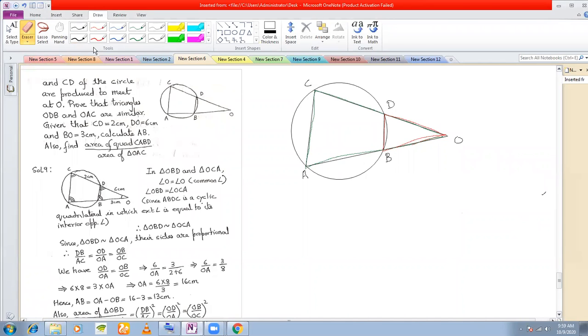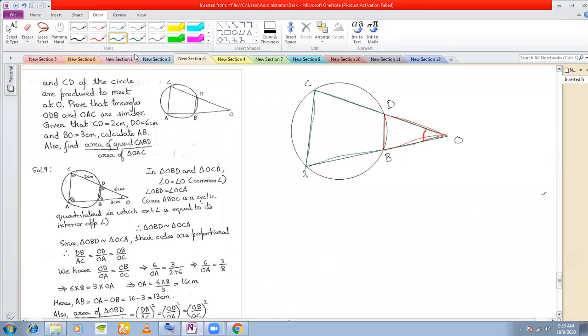Now we are going to prove the similarity of these two triangles. So how do you prove the similarity? First of all, observe that this angle is common between the two triangles. So that is just like your type 2 figure. But the variation here is that in the type 2 figure, these two lines were given to be parallel, right? But here, these two lines are not necessarily parallel. So we cannot assume that these two lines are parallel as in type 2 figure. So this is just a little different from your type 2 figure.